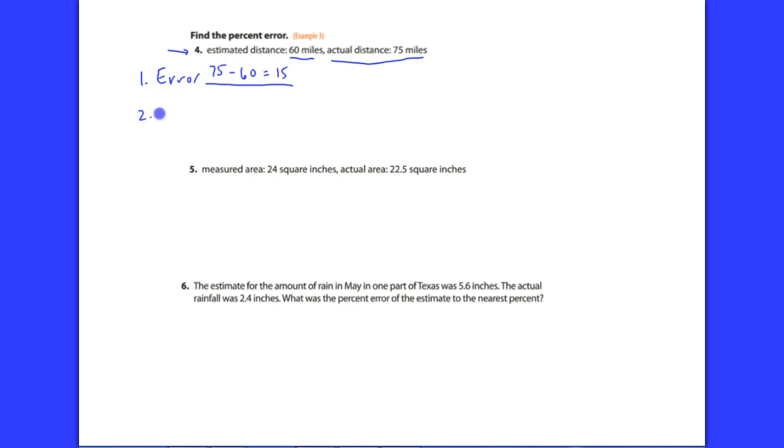Now, the second thing that you need to know is, what is the actual distance? The actual distance is 75. So again, what we're figuring out here is the percentage of your mistake compared to what it actually is. So to find the percent of error,